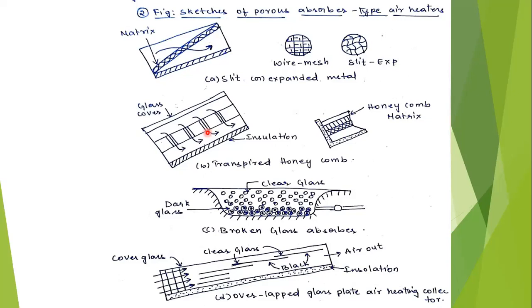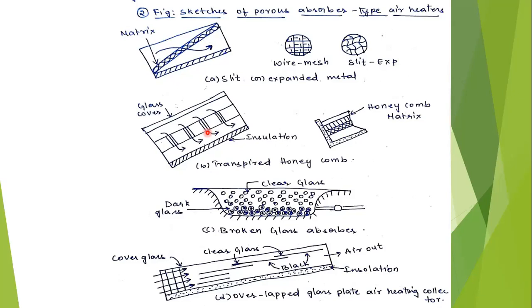And the energy required for this cancels out the saving from using solar energy, particularly if the fan is electrical, and it is the amount of energy which is burned at the power plant to produce electrical energy. It is also included. So this fan also takes a lot of energy from the power plant to blow the air. So this is wasted power. Power is utilized wastefully. So all these drawbacks are eliminated in porous absorber type collectors.